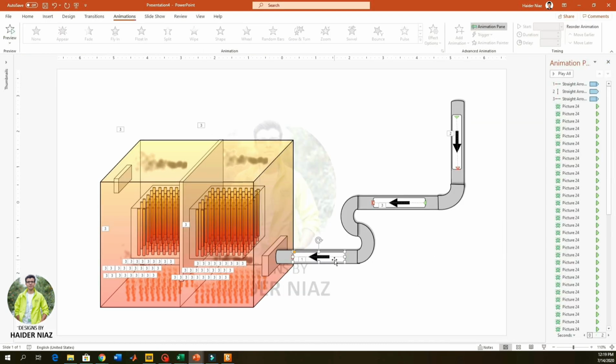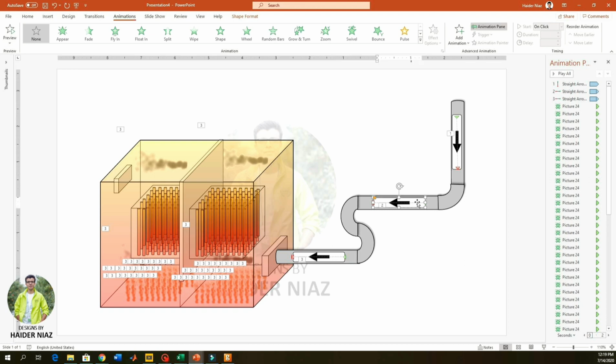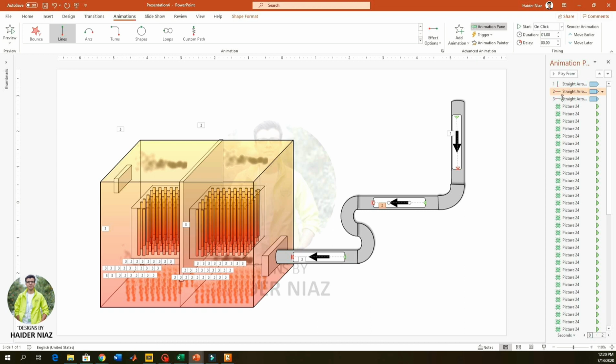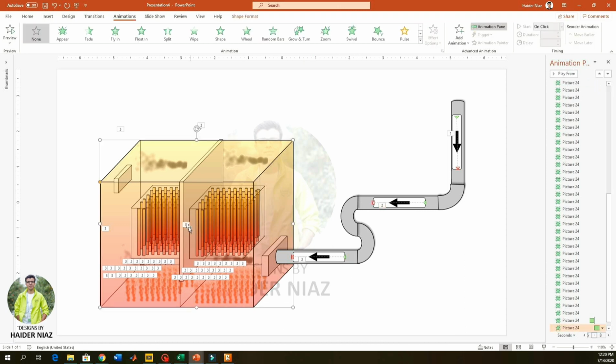So now as you can see, the animation is not aligned. The third arrow comes first and the second arrow comes in the last. So I'm going to arrange their placement by dragging them top to the bottom so that the first one comes first, then the second one, and third one. I'm also going to add an animation in this way that the first one starts and the second one starts automatically. The position can be changed by simply clicking on it, and I will show you how you can change the position. Now you can see the arrangement is same.